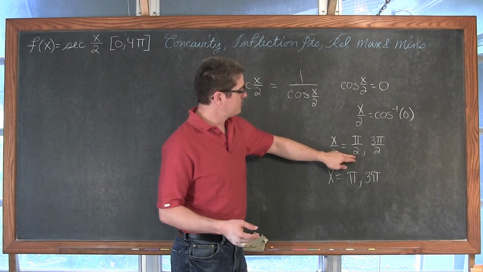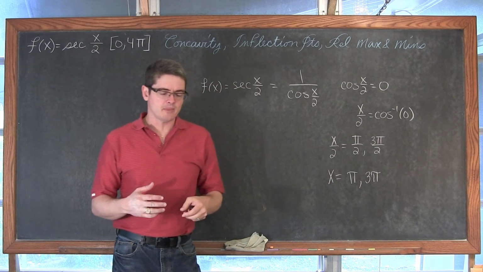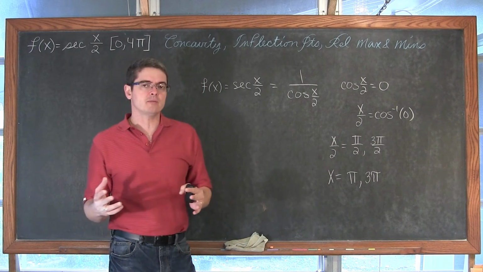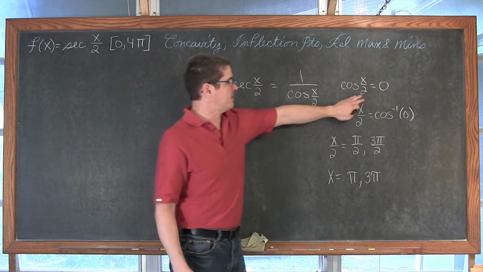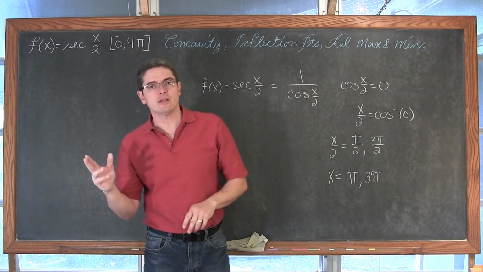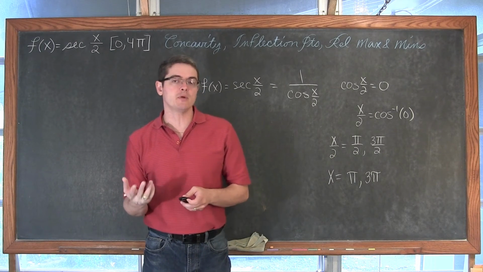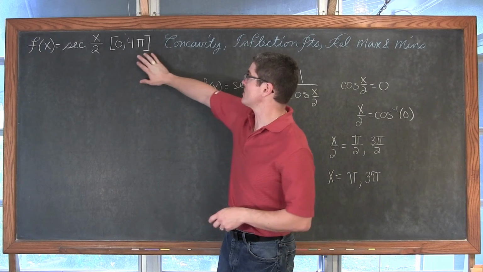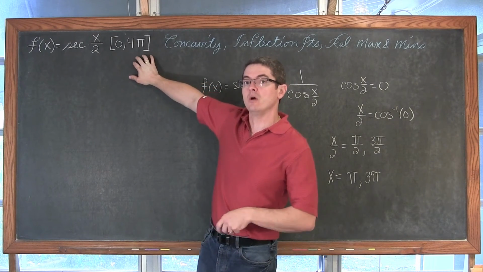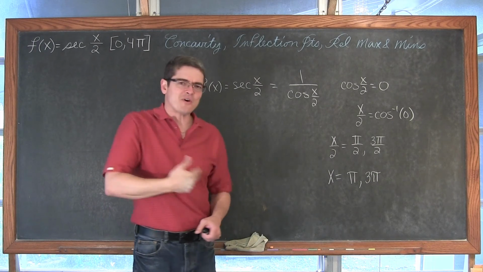you might look at this half angle and go, well, I remember when I worked with multi-angles in pre-calculus or trigonometry that the half angle told me how many times I had to go around the unit circle, and if it was a half angle, I only had to go around the unit circle halfway. But that's because the answers they were looking for were between 0 and 2 pi, and the restricted domain for this problem is 0 to 4 pi.